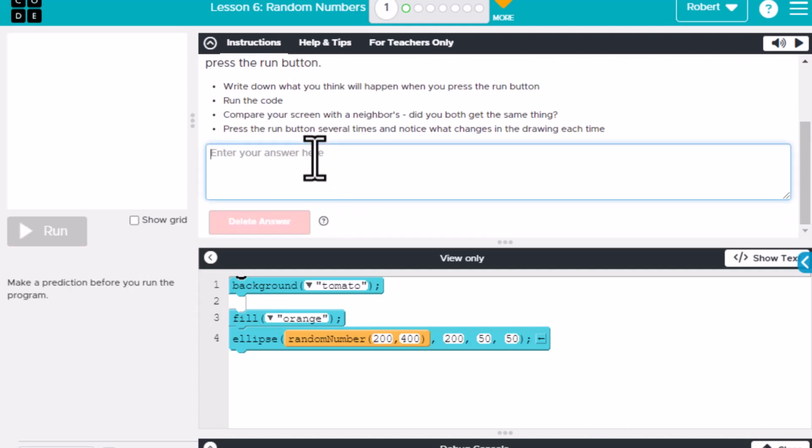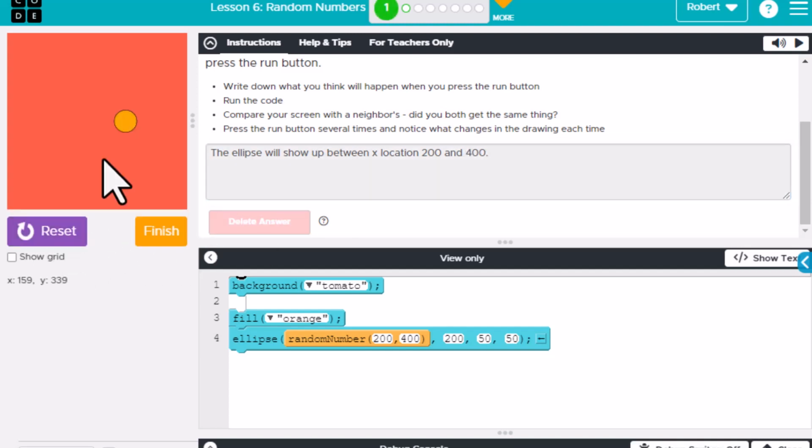The ellipse will show up between X location 200 and 400. So let's just go ahead and run that, and now we see it here, and notice the X